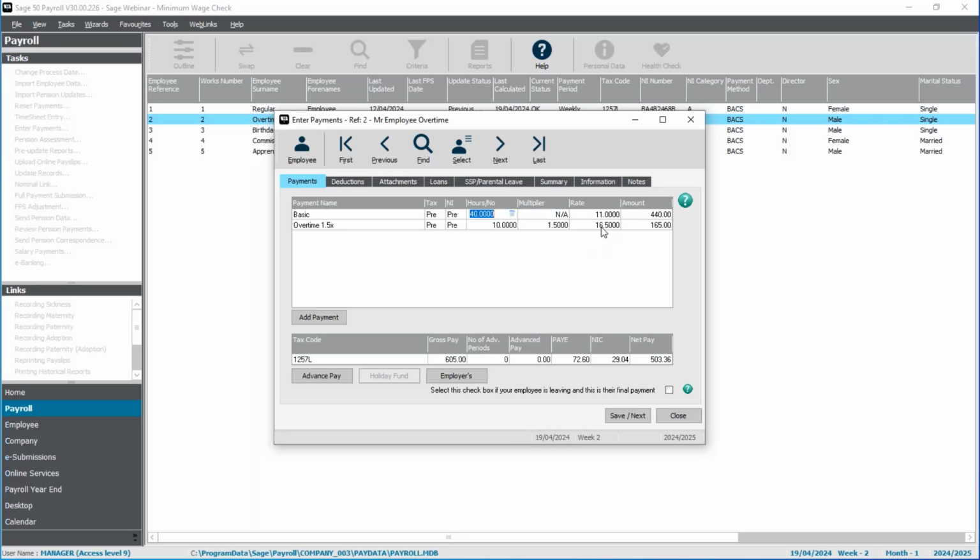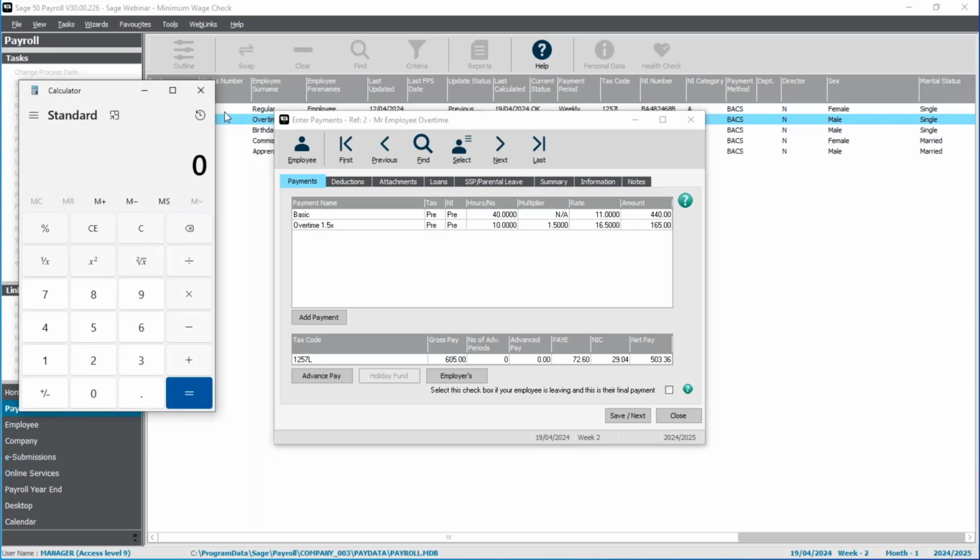Now, before I save these payments, I'm just going to show you a quick calculation. So I'm going to bring up my calculator here on the left-hand side. So I can see that their total gross pay at the moment is £605. And I know that in total, they have worked 50 hours. So I'm going to divide that by 50. And that is giving us what appears to be the average hourly rate of £12.10. And that is above that £11.44 for the national living wage. However, when I save these payments,